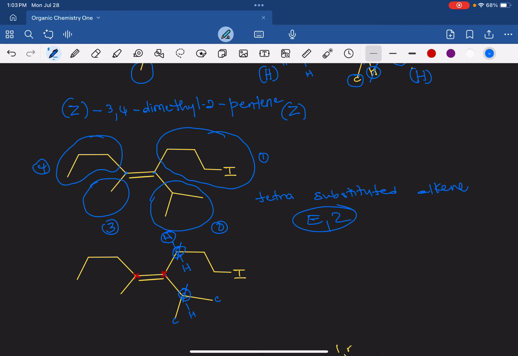Carbon has a hydrogen. Carbon has a hydrogen. It's directly bonded to it. I'm going to take it out. And I did that on purpose to show you it doesn't have to be in the same position for you to cross it out. It just needs to be directly bonded to it. I know I am left with a hydrogen and a carbon. Let's look what we're comparing here. Directly bonded to